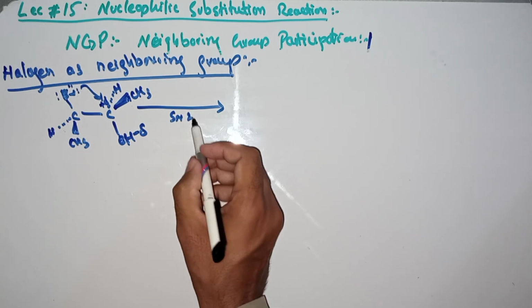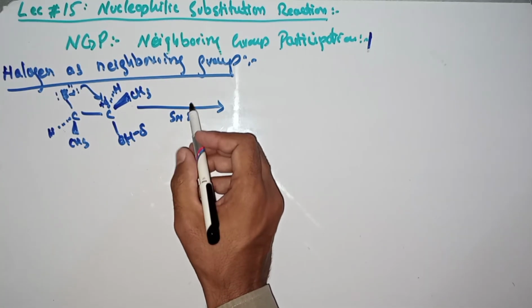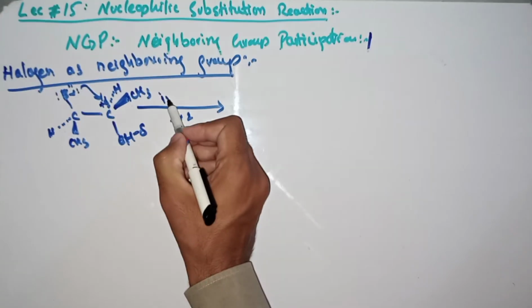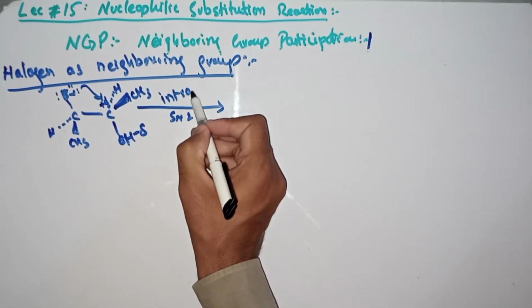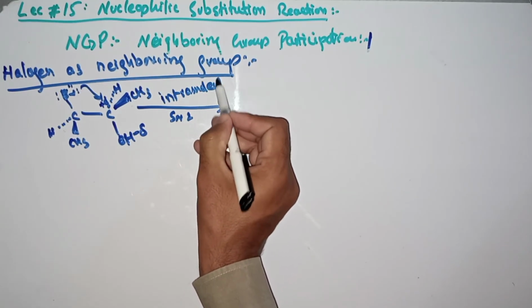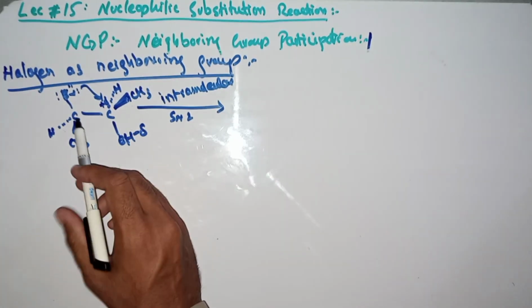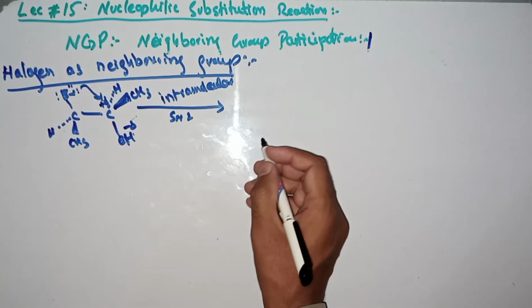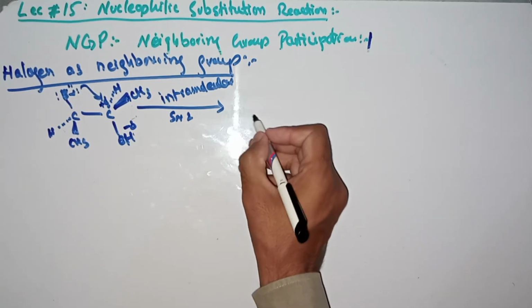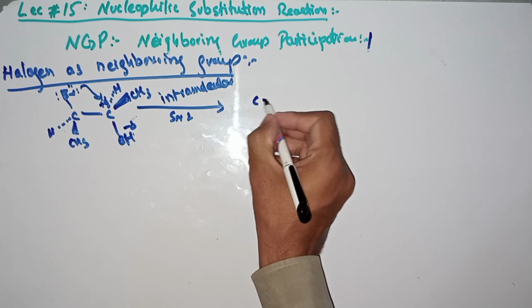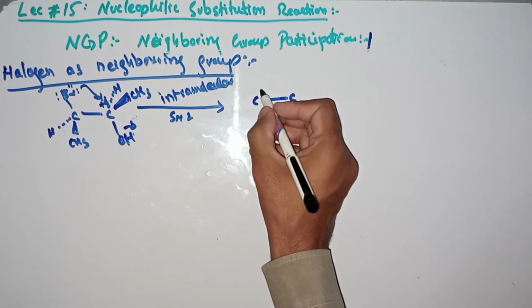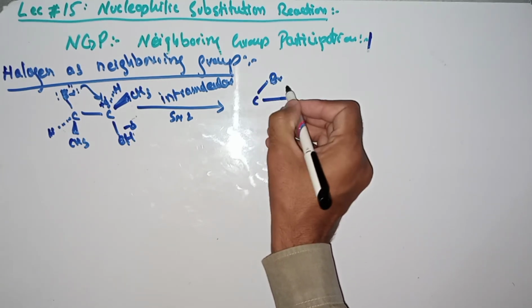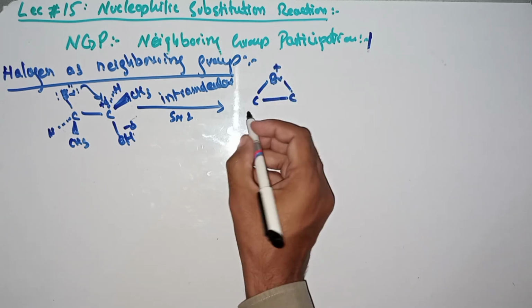Due to the SN2 mechanism, the attack will be called intramolecular attack here, because the attack occurs inside the molecule. So now here they produce an intermediate, that is the bromonium ion. They generate the intermediate plus ion,